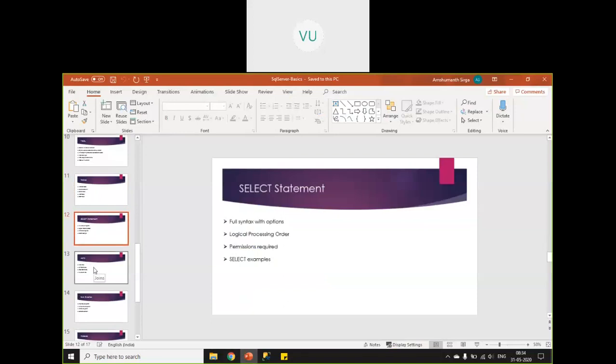The select statement. We have seen different forms of select statement, right? And the order in which the clauses are executed. Within a select statement, you can have a number of clauses, from where to group by, having, order by. So the order in which these clauses execute, we have seen. We tried to understand how to deconstruct the select statement, right? So when we get a particular query, how to understand the query simply.